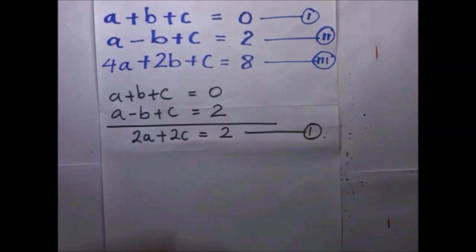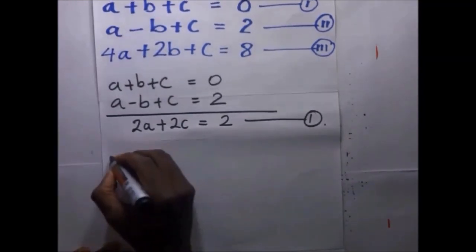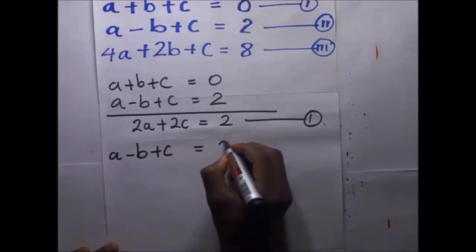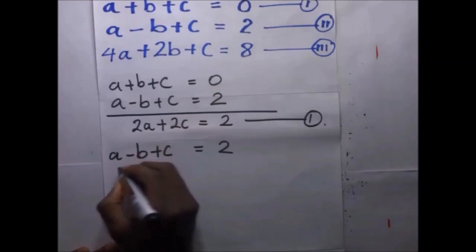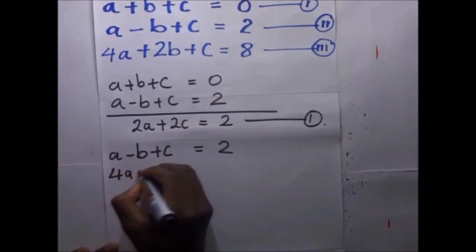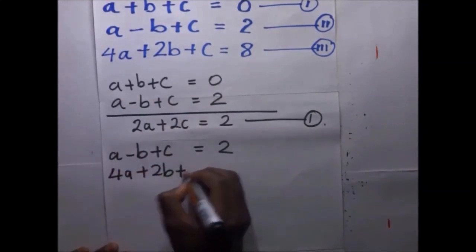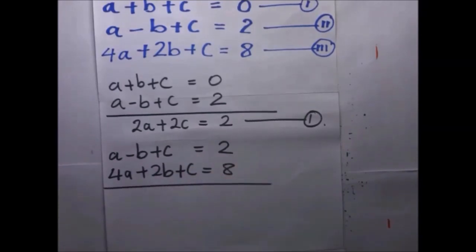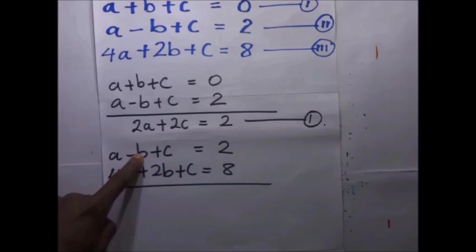So now we pair equation 2 and equation 3 to get another equation, but with the intention of eliminating b. So when we pair those two, a minus b plus c is equal to 2. Then we have this one, 4a plus 2b plus c is equal to 8. Now for us to be able to eliminate b here, the coefficient of b is 2, here the coefficient of